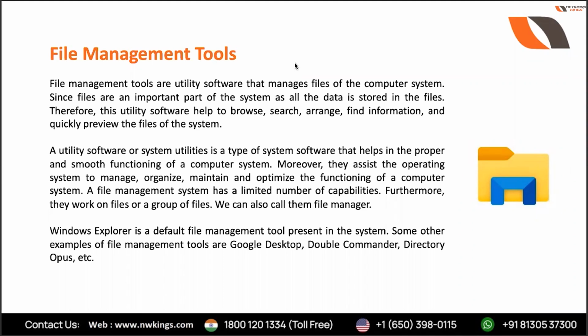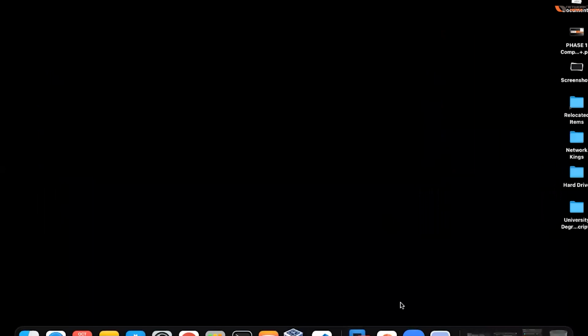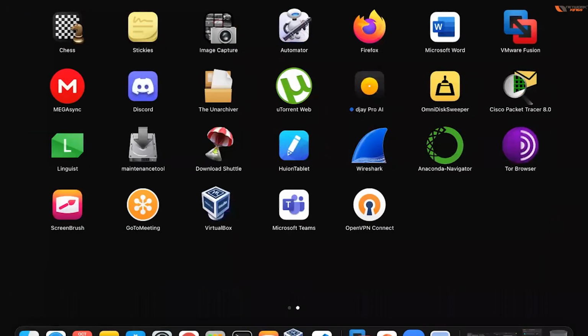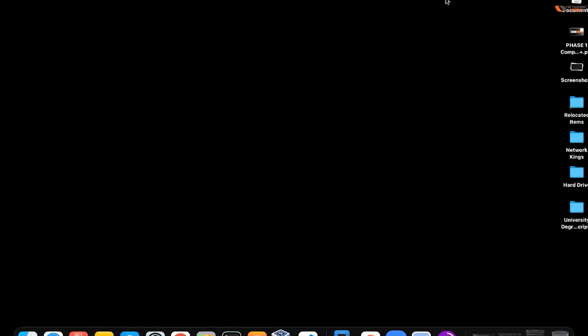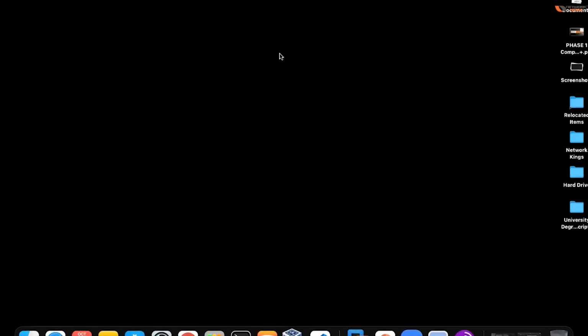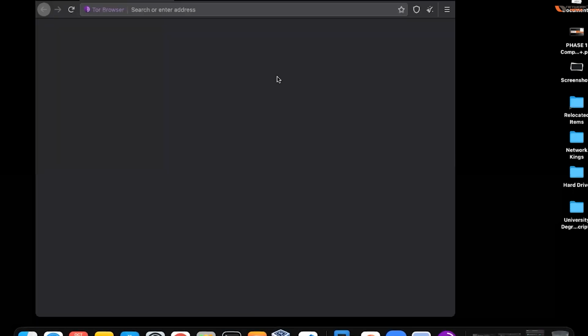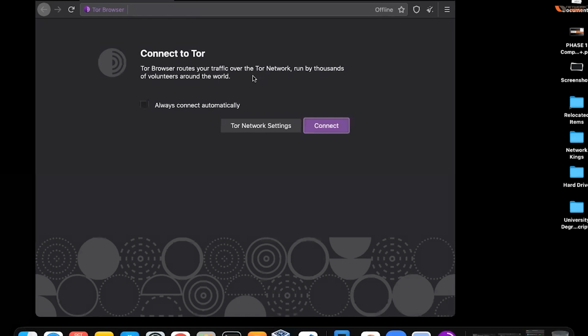You can use browsers like Tor. Do you guys know about Tor? This is Tor. Yes or no? Anyone? So this is a special purpose browser, a special application created by Mozilla. It's based on Mozilla.